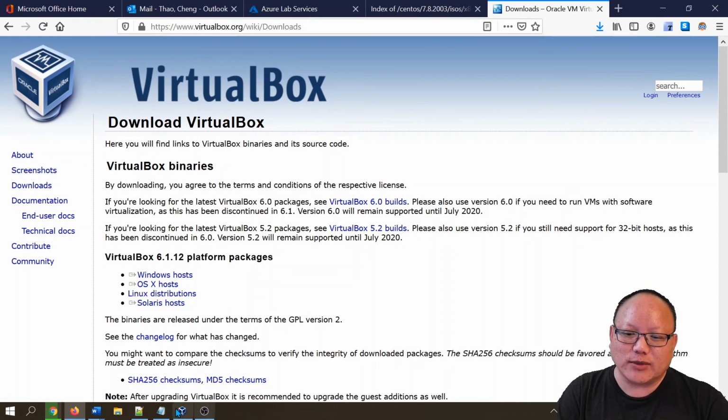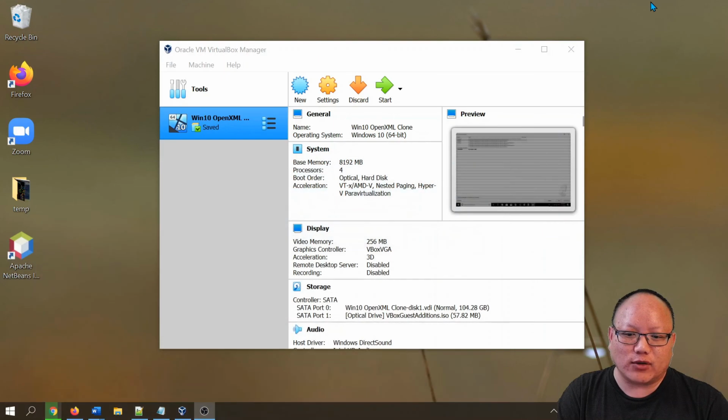Alright, so let's assume that we already have VirtualBox running. Here, I open VirtualBox. Notice that I already have one virtual machine, Windows 10. But this time I'm going to show you how we are going to install CentOS. So for that, we need to create a new virtual machine. So you can see the new button here. Click on there,